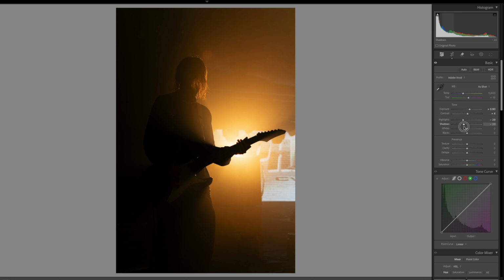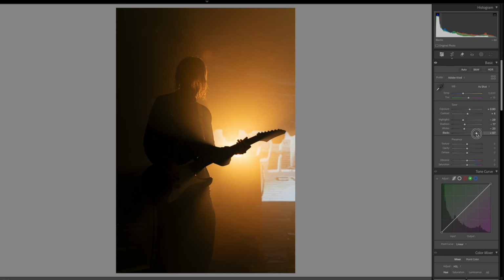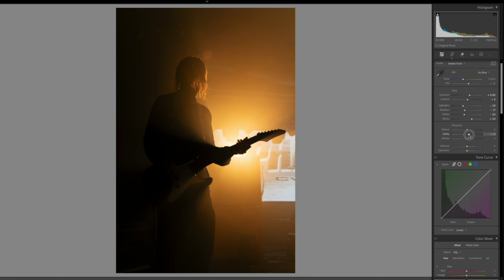I'm going to pull the shadows down just to keep this side of the image dark. Same way with the whites. Soften this transition out even more. Don't take the blacks down too far. Already crushed. Probably right around in here in his guitar, but you can crush things when you're doing silhouettes. Crush it. Now, I know normally